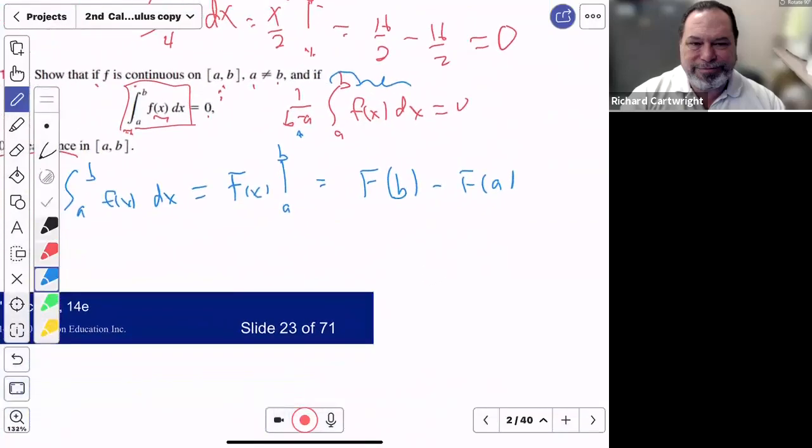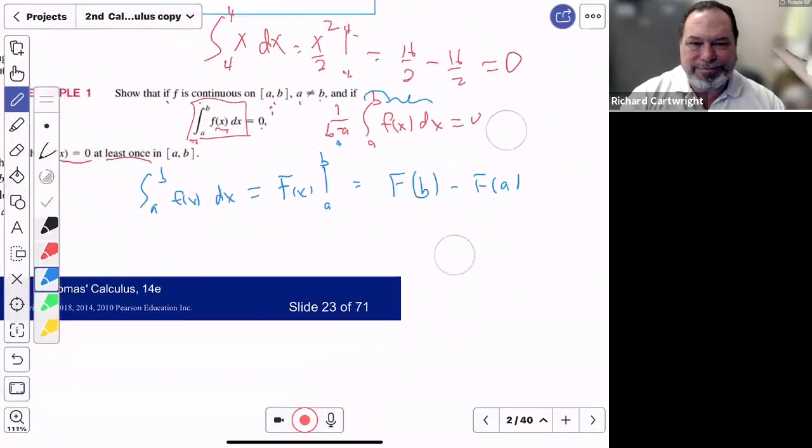So a very simple question could be asked of you. If this answer has to be 0, what does that imply? Now notice b and a are different numbers, but f of b and f of a turn out to be the same number. And that's why if I subtract,